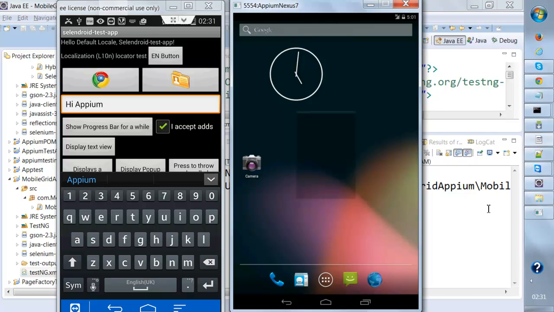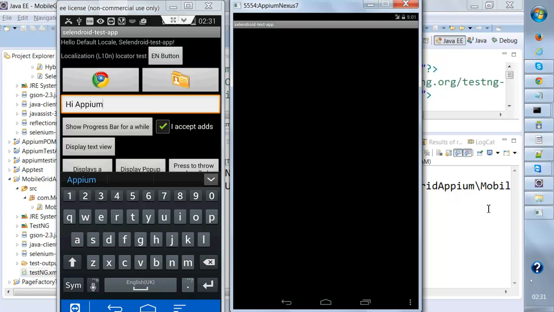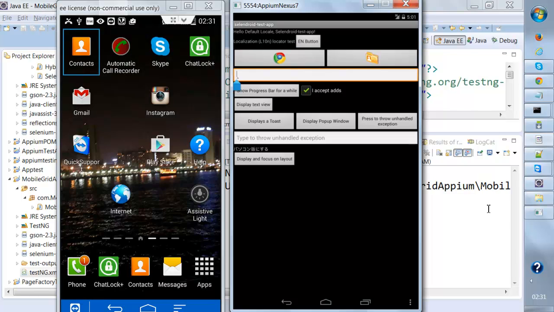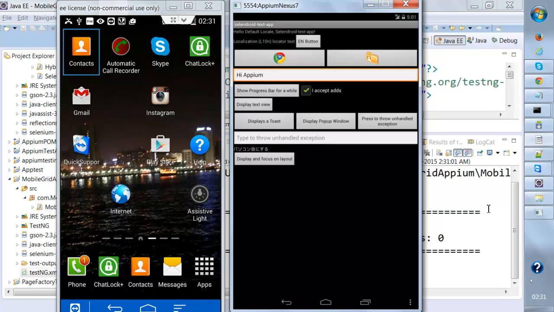Within a few seconds, see, the same app got launched over here. The emulators are very slow. If you have connected two real devices, then you might have seen the execution at the same time. But since it is an emulator, the execution is a bit slow. But you can see that on both applications the same test has been executed, right? So this is what is possible through